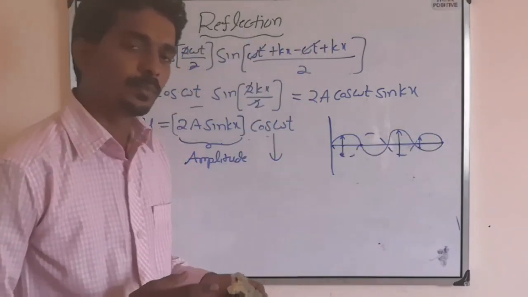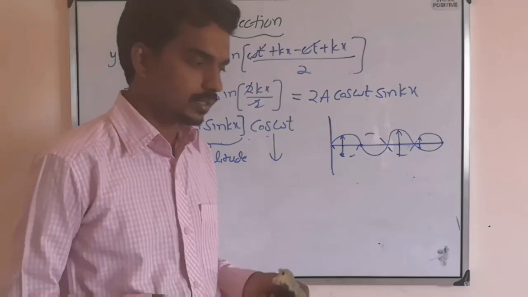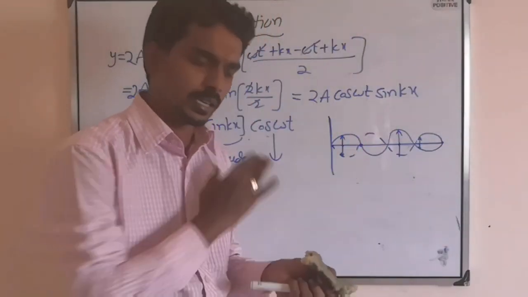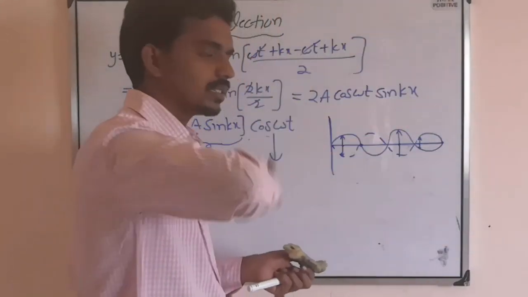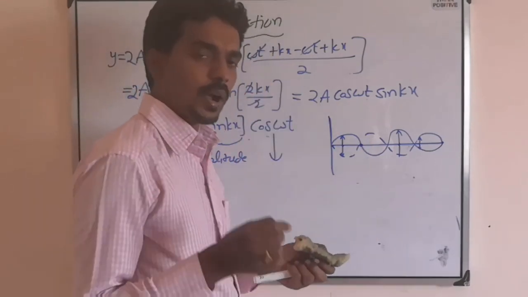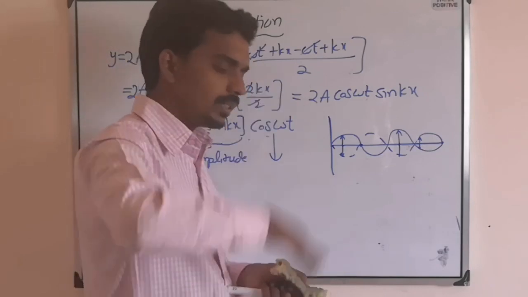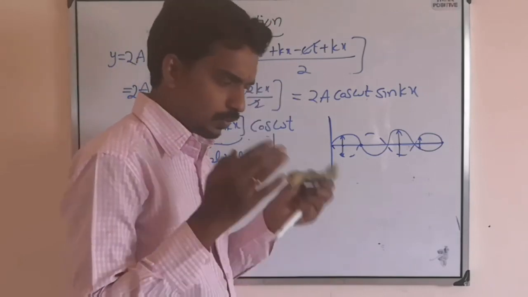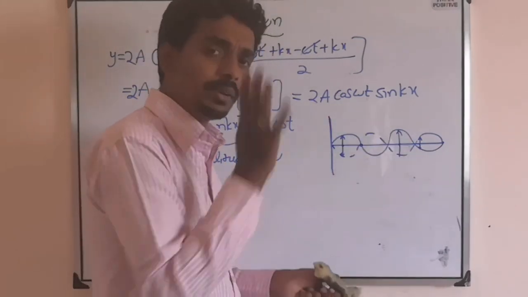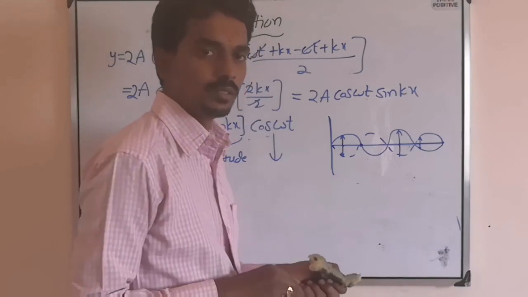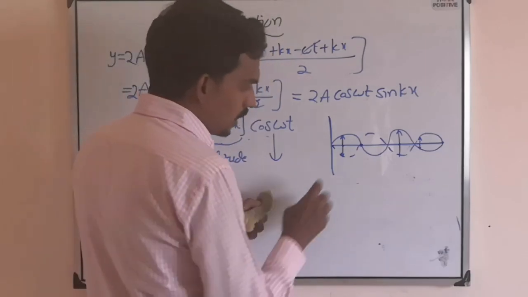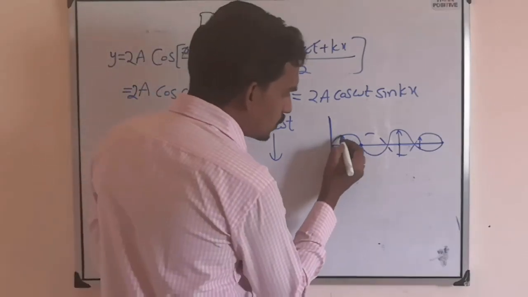See, the difference between progressive wave and standing wave: progressive wave means the wave moves continuously in one direction, like this. It is going continuously. So at any point if you consider, each point of the medium vibrates with the same amplitude. At one particular time the displacements are different, but all will vibrate with the same amplitude. But here the difference is there. That means this particle's amplitude is only this much.